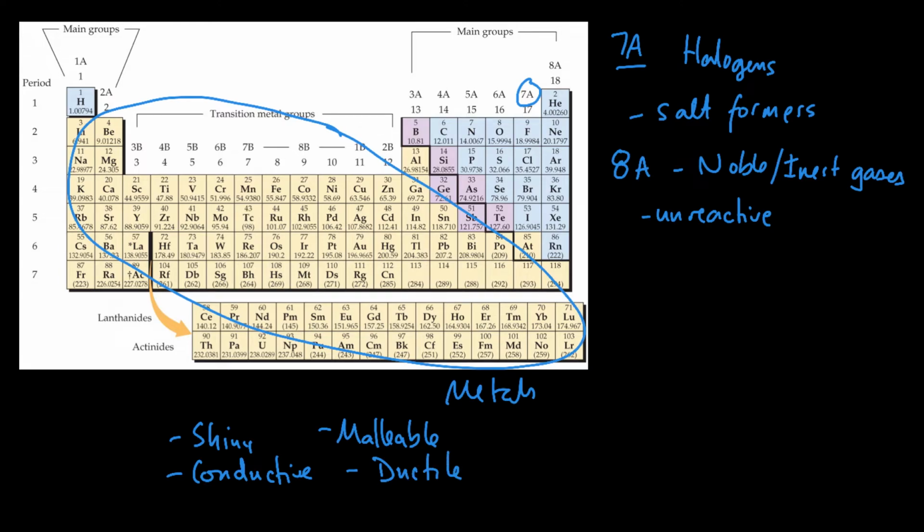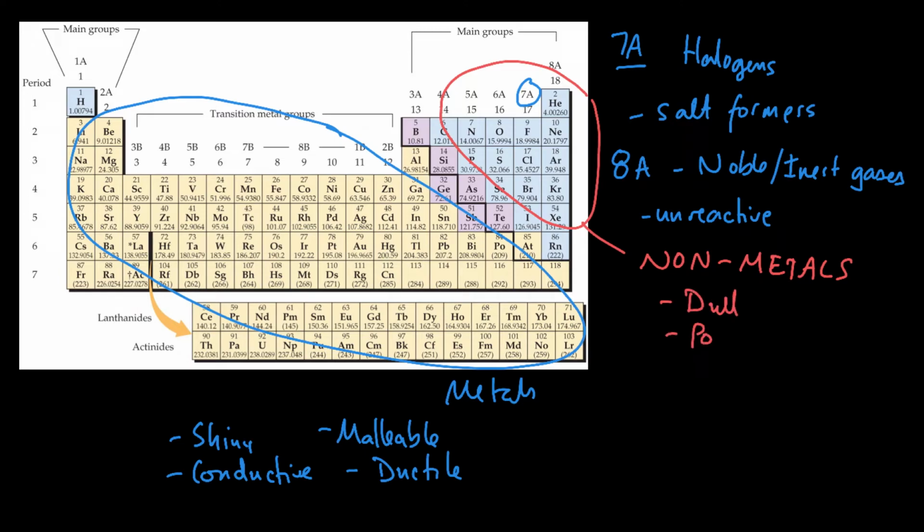And then on the right-hand side, we see elements that basically are the yin to the yang. So these are the non-metals. They basically are the complete opposite of the metals. If they are solids, they tend to be dull rather than shiny. They tend to be very poor conductors of heat and electricity, with a few exceptions. Poorly conductive, I guess. They tend to be brittle. So if you hammer on them, they tend to crack. If you take a diamond or something and hammer on it, it doesn't make a sheet of diamond. It makes a bunch of little tiny diamond crystals because you've broken it,